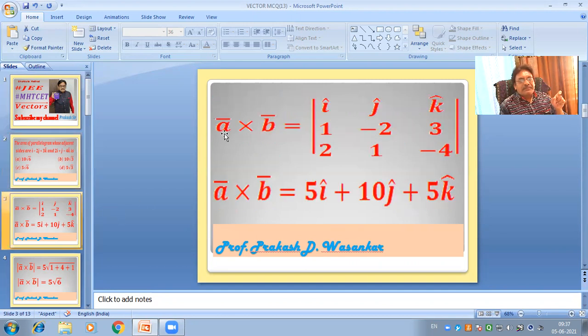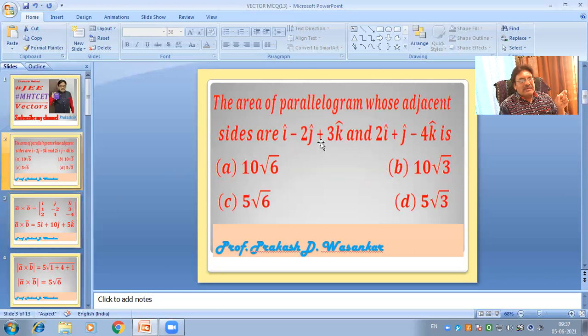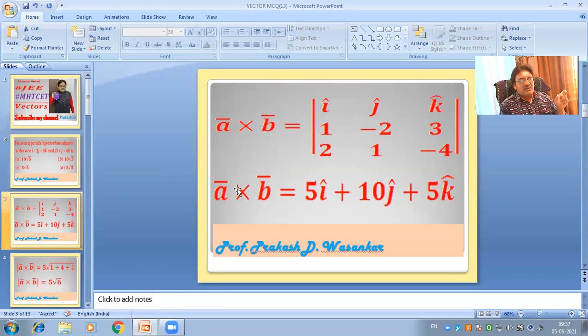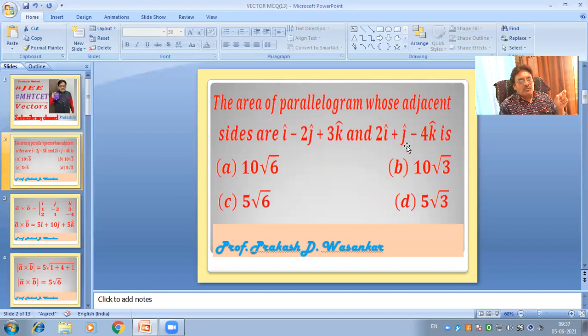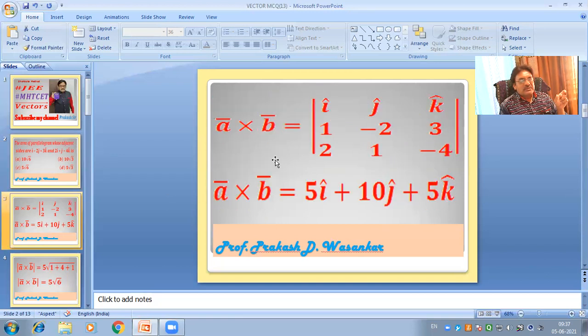So we write this here. A bar cross B bar is equal to the determinant with i, j, k, the unit vectors along the coordinate axes, in the first row; in the second row 1, minus 2, 3; in the third row 2, 1, minus 4. Therefore A bar cross B bar is equal to